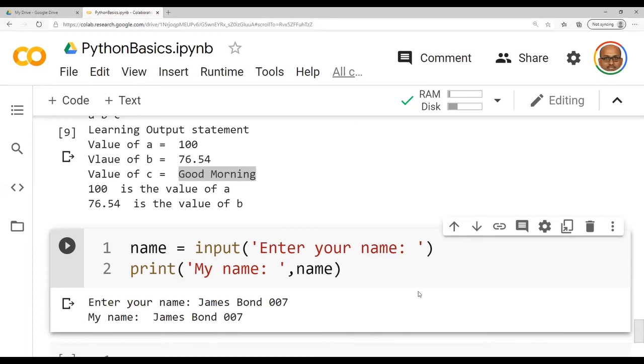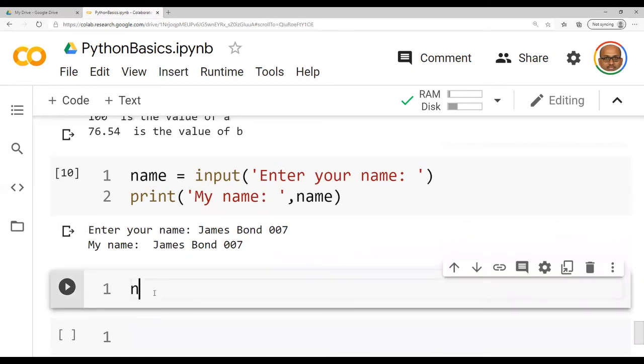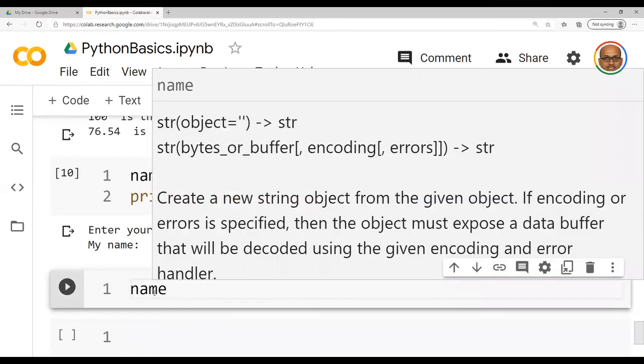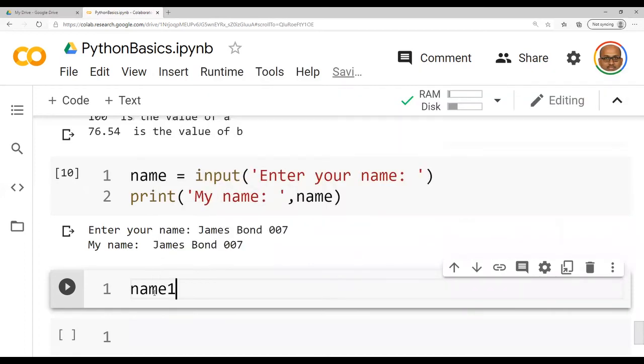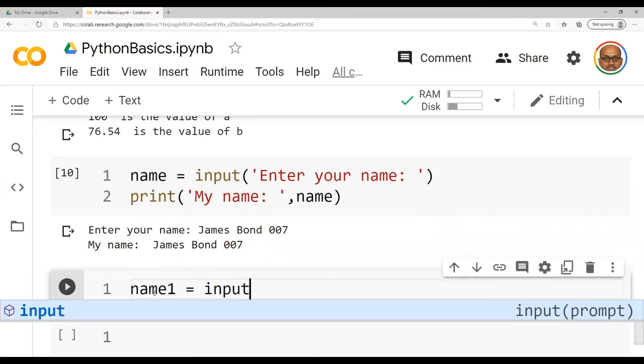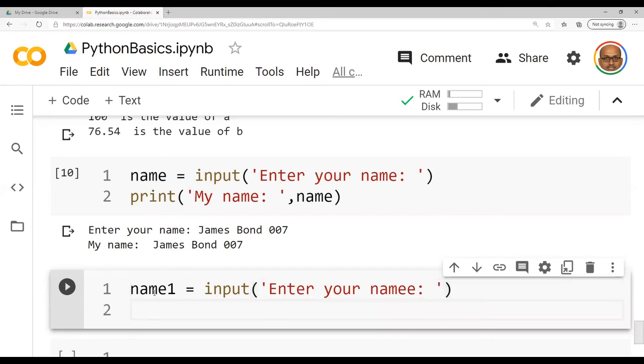To clarify this one, name 1. Let me give one more example. Input, enter your name. Name 2.